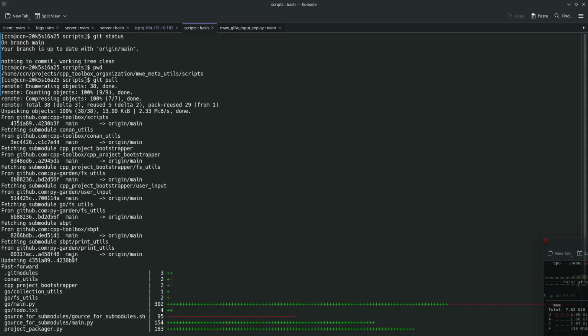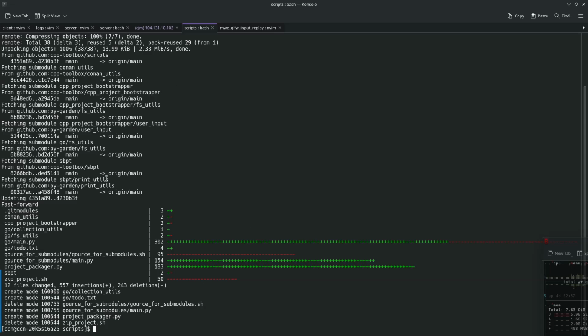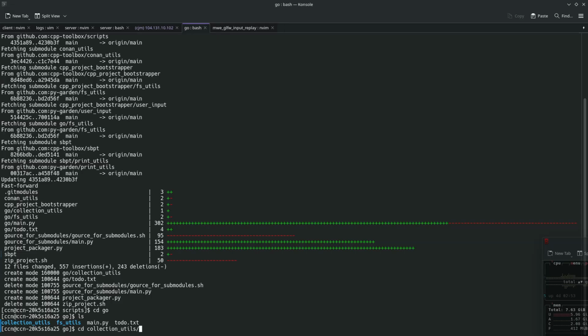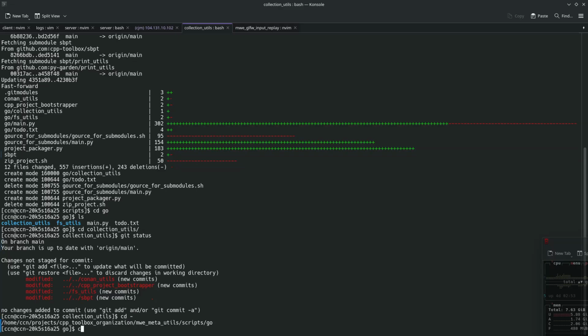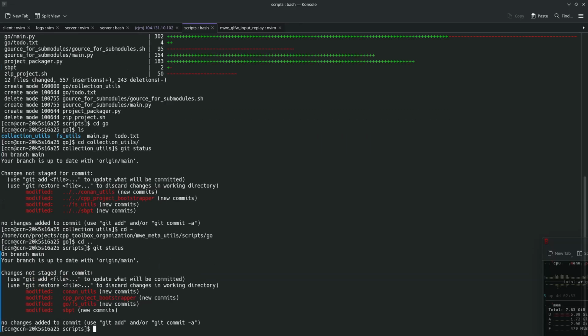So this submodule scripts had other submodules inside of it, and you see it created Go collection utils. If I go there, you'll see a lot of stuff going on. But coming back to just where we were, which was in the scripts folder, each one of these things,